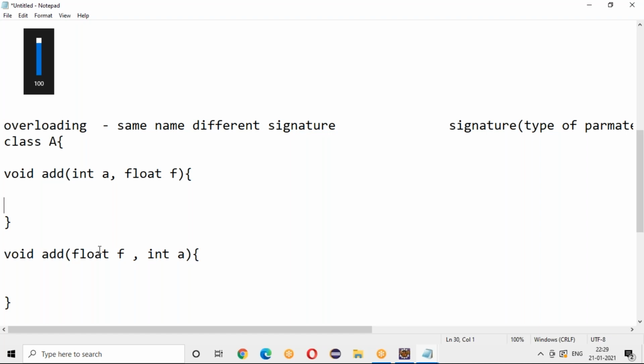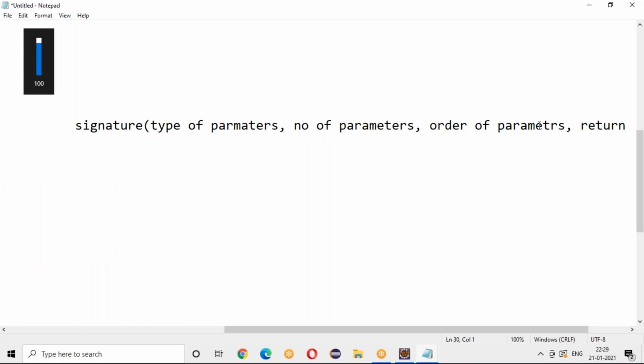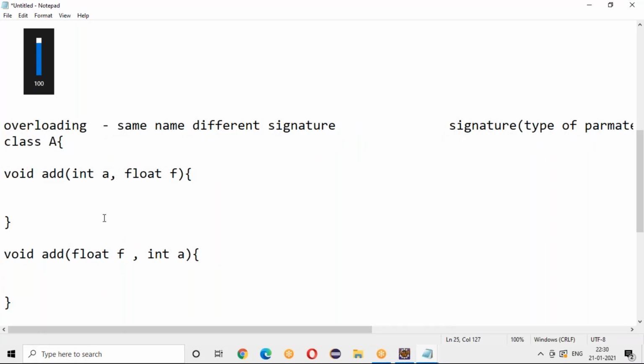Same name, number of parameters, and sequence, like int float and float int. So this comes under order of parameters. The order of parameters is different here, so you call this also overloading.